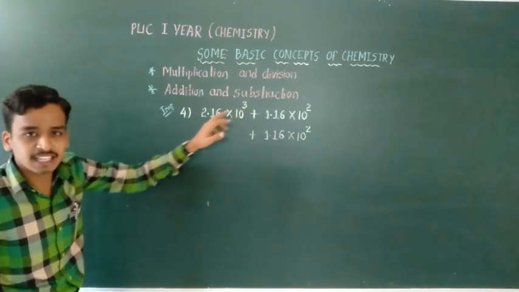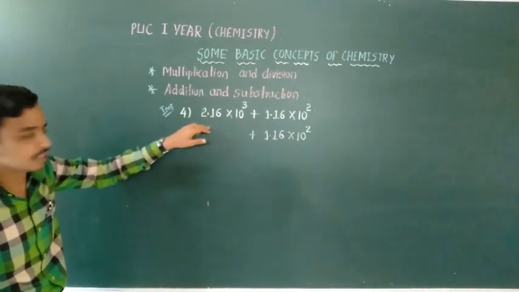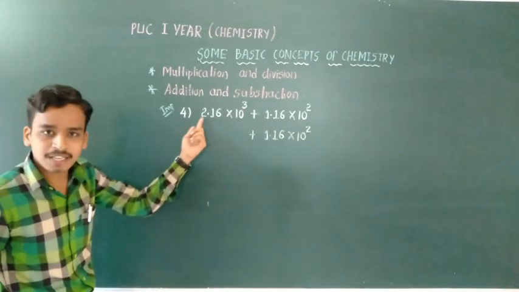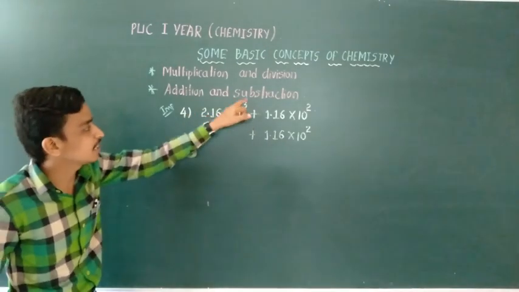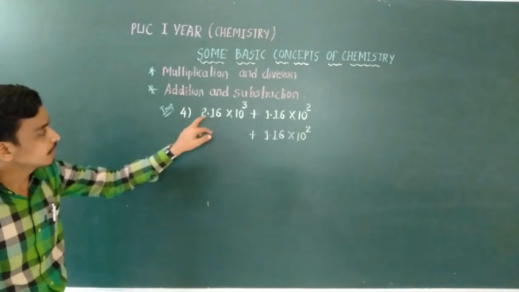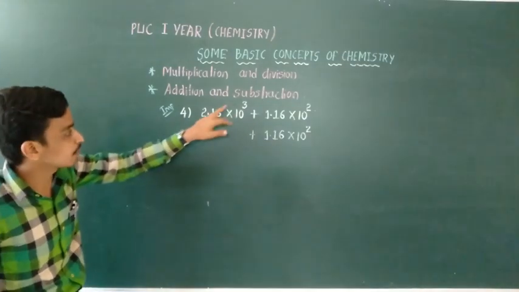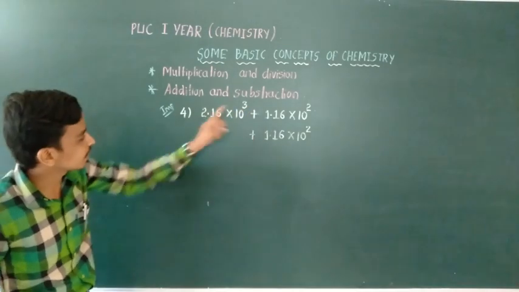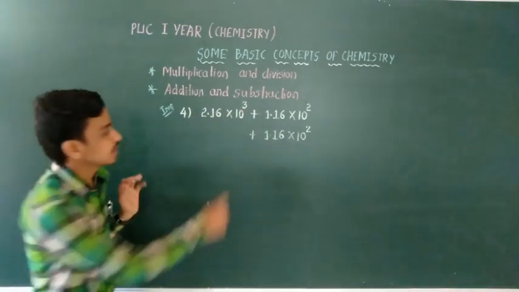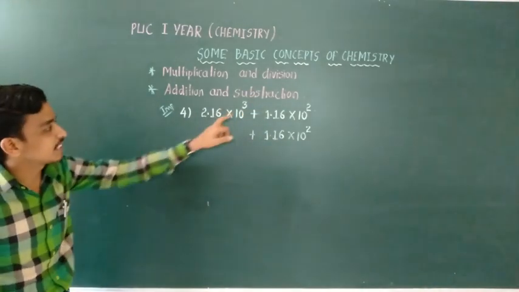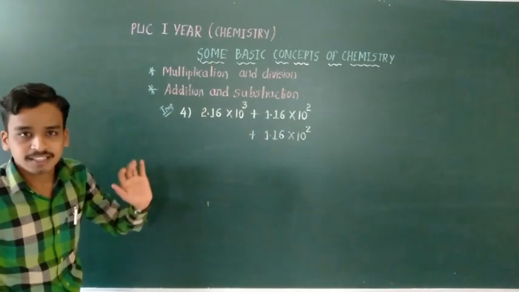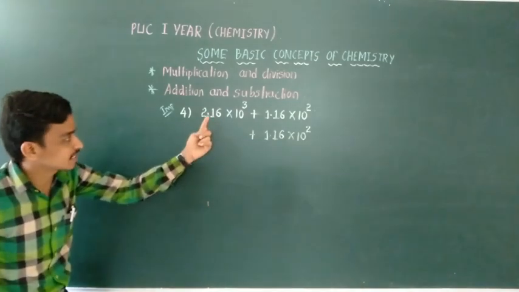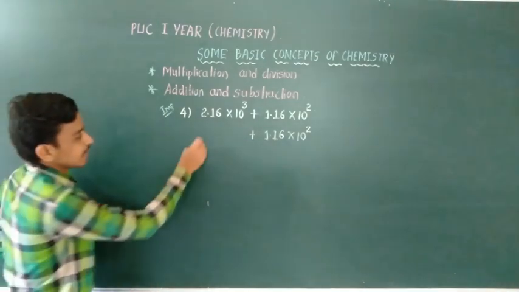The plus 3 indicates that the present decimal point should shift towards the right side by 3 times to make it 10 raised to 0. That means if we shift this place 3 times to the right, we can write the number with 10 raised to 0. Now 2.16, if written as 21.6, is 10 raised to 2; written as 216, it is 10 raised to 1; and written as 2160, it becomes 10 raised to 0. But our intention is not to make this 0. To save it as 10 raised to 2, we shift the present decimal point only one time, then it becomes the same number.